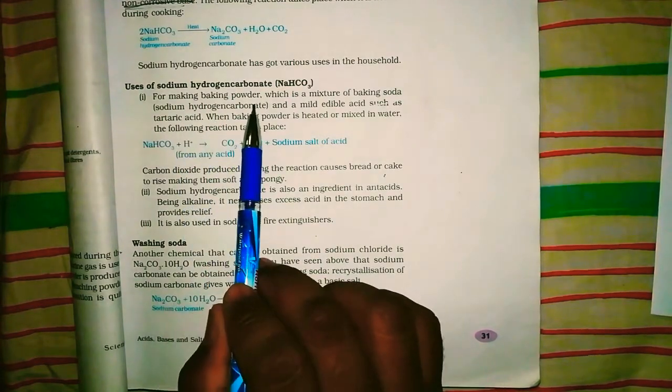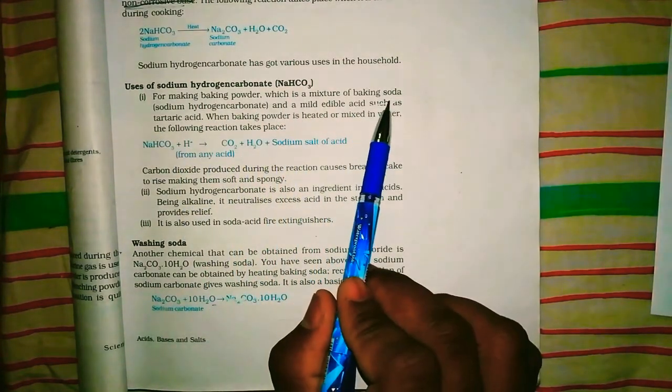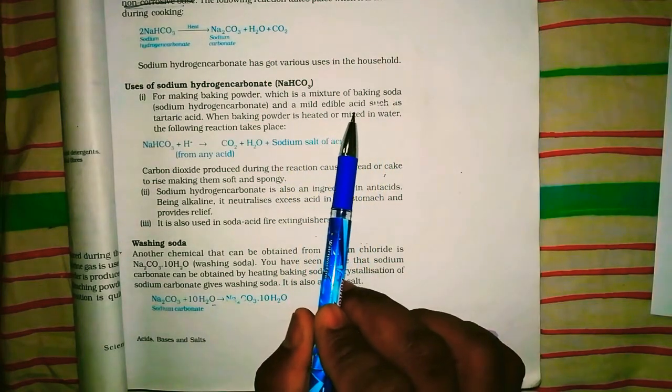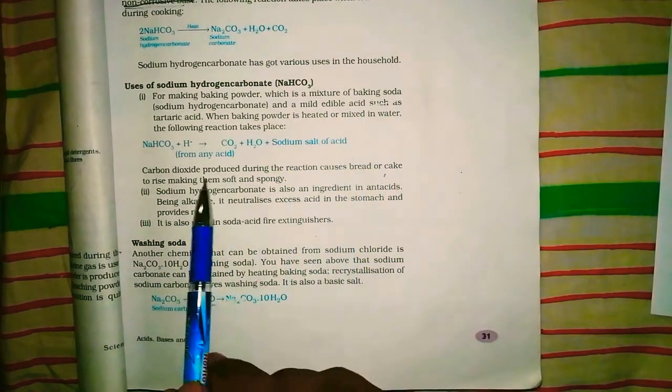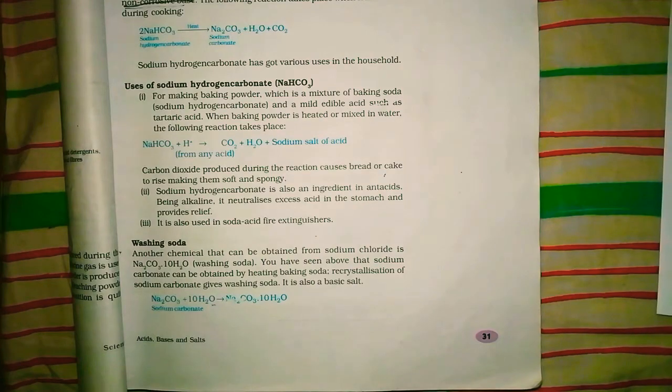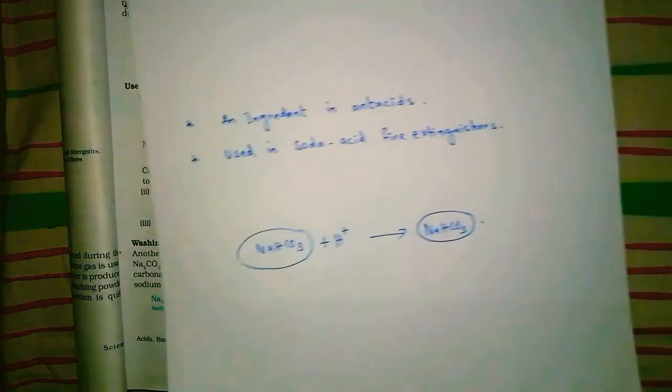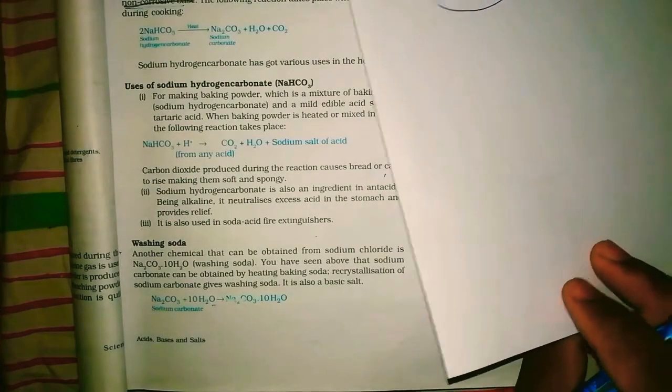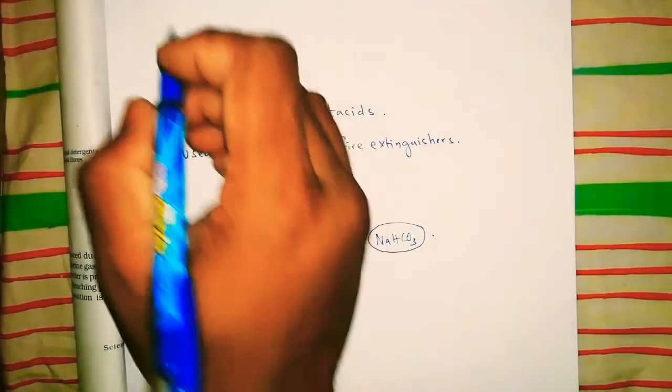For making baking powder, which is a mixture of baking soda and a mild edible acid. Why do we have to add a mild acid in that? Let's do one example here so that you can understand it. For example,